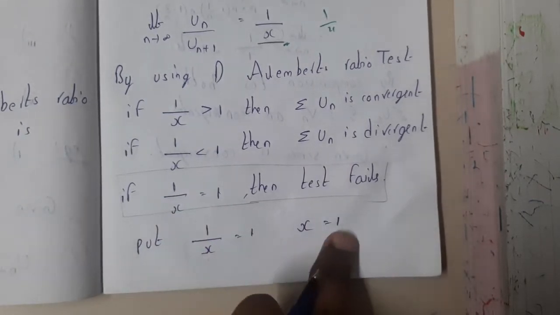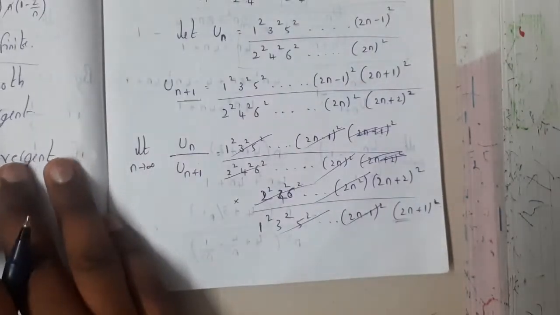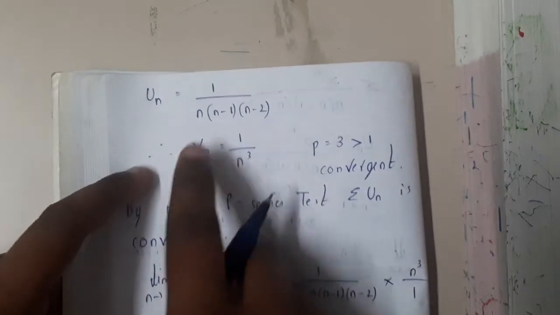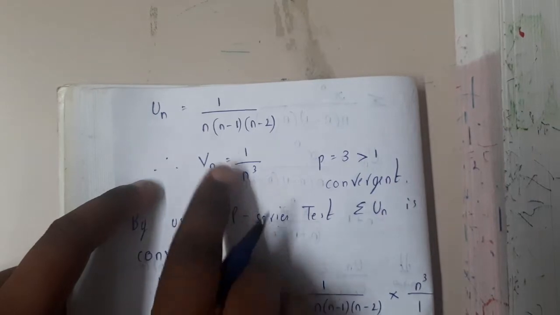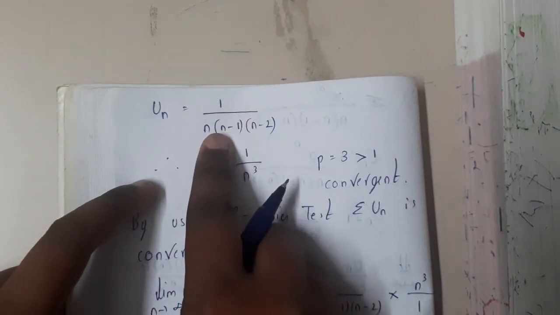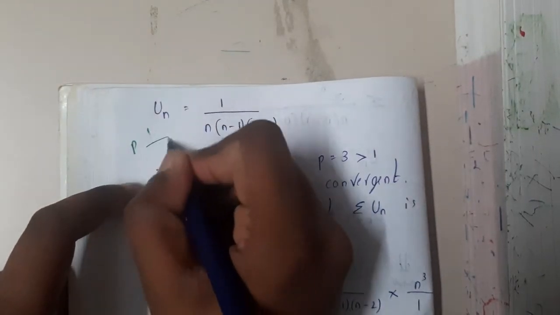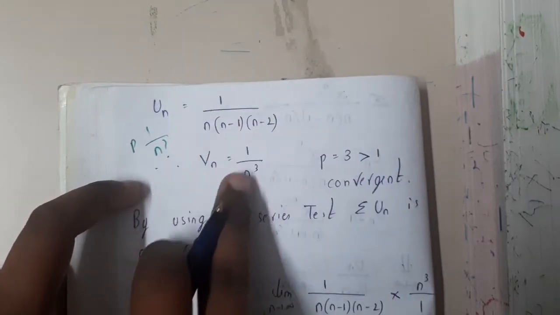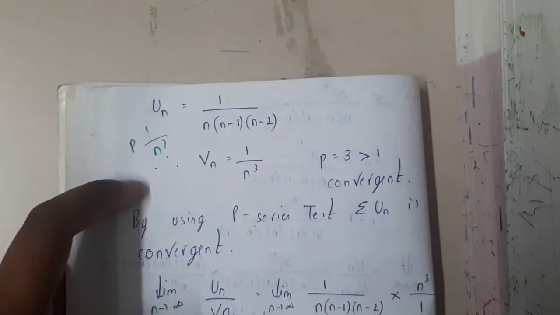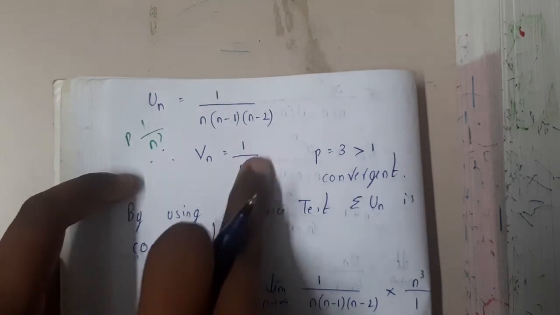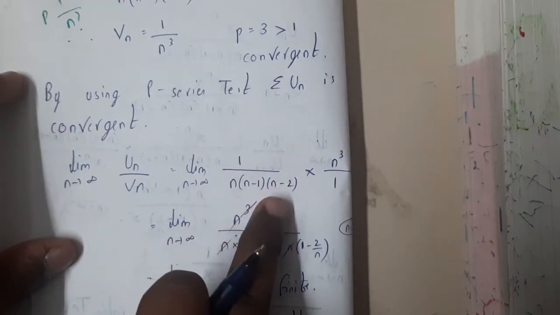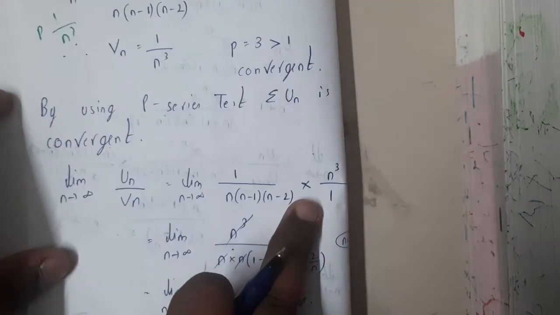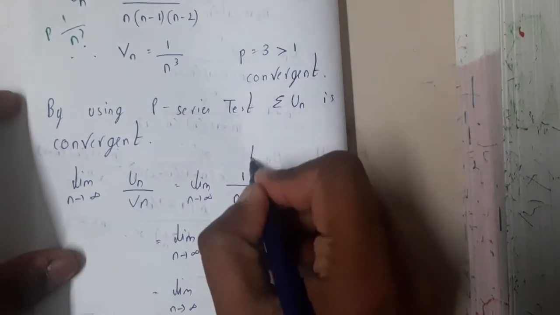Okay, yes, so if we assume x equal to 1, then we can say that the test has failed, right? Yes. Okay, so if you substitute un equals 1 by n into n minus 1 into n minus 2, if you observe this, it is in the form of p, right? So it is in the form of 1 by n cube, which you can take the reciprocal of and cancel this n cube and n cube, right? Yes, so this is what we will be multiplying to our question, guys. So 1 by n into n minus 1 into n minus 2, for this we will be multiplying n cube, the p method, the previous method.